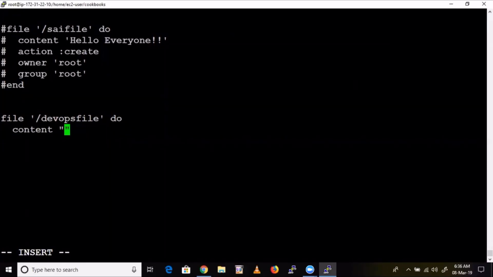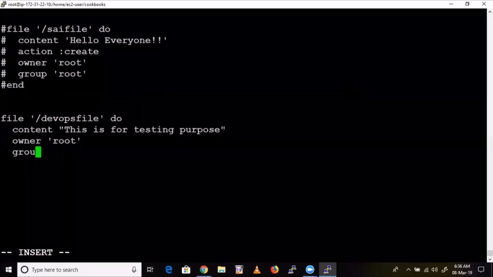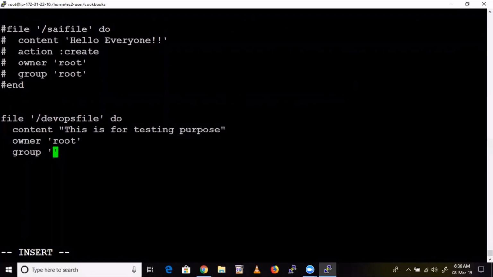If you are starting with double quotes, you have to end with double quotes. So, for testing purpose. Now owner, I have to make root the owner. Group, action create.